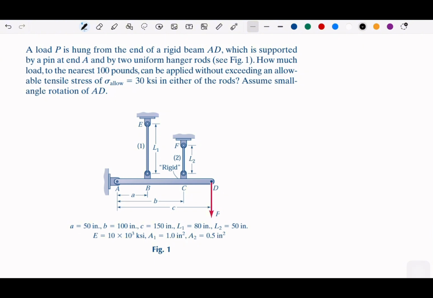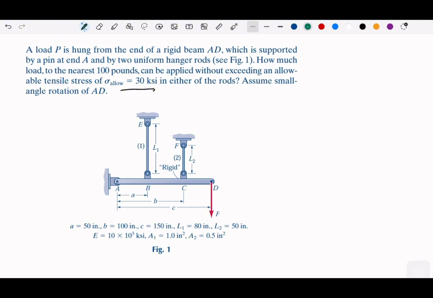So we have beam AD, which is supported by pin at A, and then also by two hanger rods, the 1 and 2. And then how much load can be applied without exceeding allowable tensile stress. So the tensile allowable we have defined here, and then